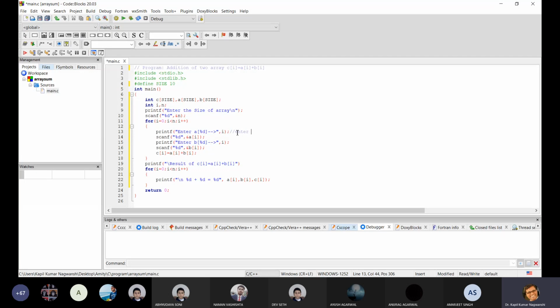Enter, suppose the loop number is 0, and suppose I is given as, suppose I is equals to 2, then it will display